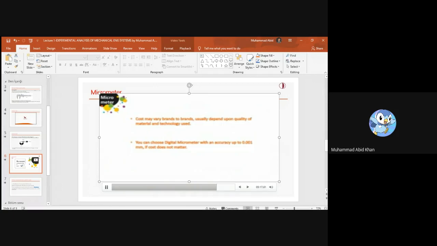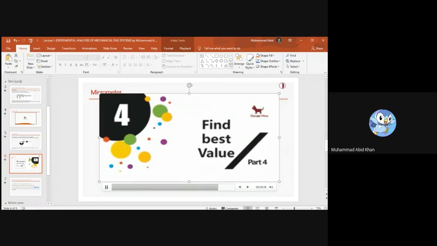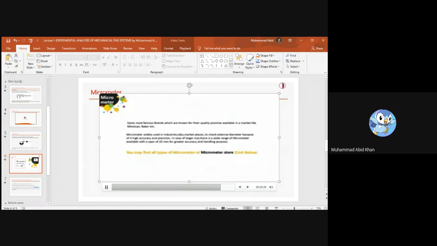Now let's find out the best value for the micrometer. Some of the most famous brands known for their quality promise available in the market are Mitutoyo, Baker, etc. Micrometers are widely used in industries, labs, and marketplaces to check external diameter because of their high accuracy and precision. In case of larger sizes, there is a wide range of micrometers available with a span of 25 mm for greater accuracy and handling purposes. You may find